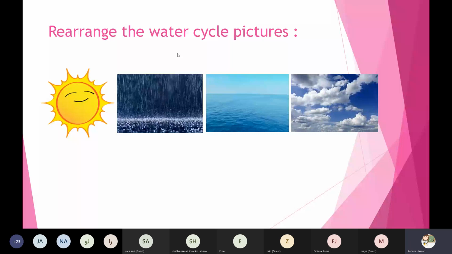So can you rearrange this water cycle with me and tell me how the water cycle starts? It starts by the rivers, or by the clouds, or by the rain, or by the sun. If we wanted to rearrange this water cycle,